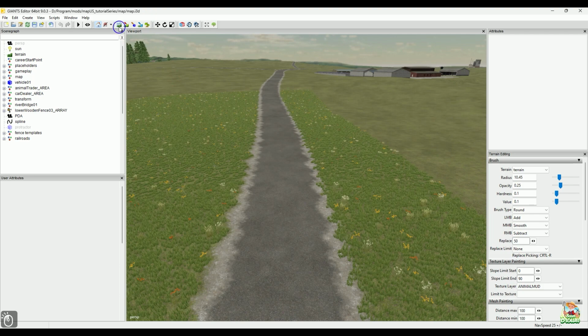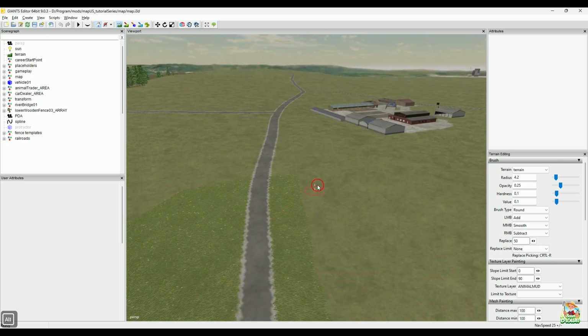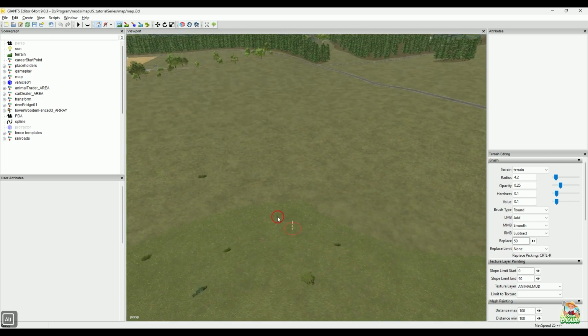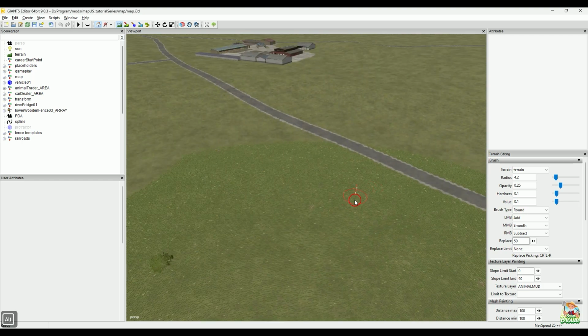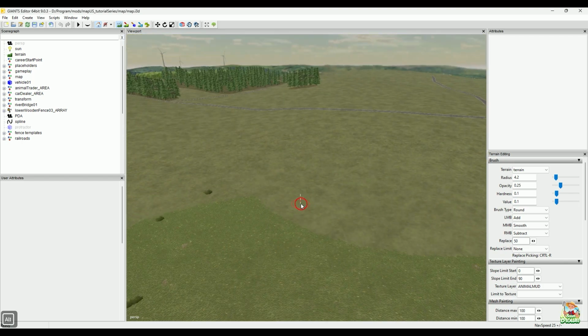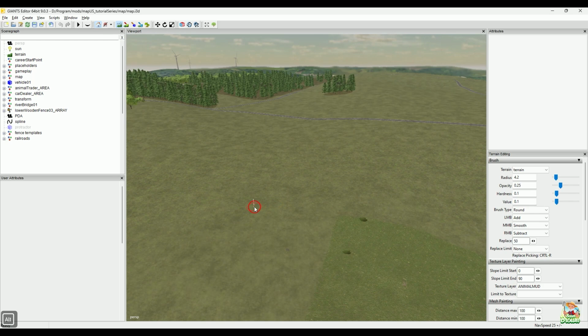So if you have your brush size here, and we look at this road, I'm just going to rough this in here like this. So we got right about here, I guess. We're at a radius of about 4, give or take. That gives me an 8-meter road, because like I said, every pixel is worth 2 meters. The same thing applies to your brush size. So if you wanted to use that paint tool up there, that script, you would